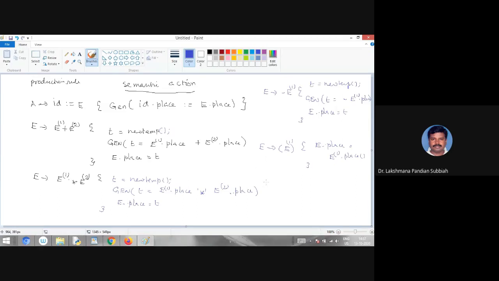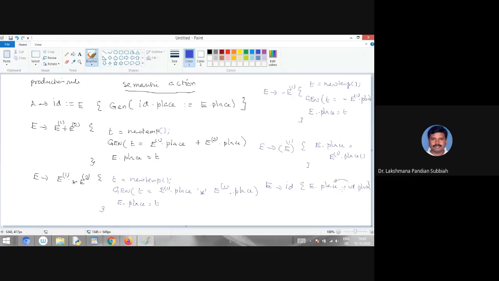Next we are having E derives ID, right? For this E derives ID, what we have to do is E dot place equal to ID dot place. This is an assignment, it won't generate any code, right?